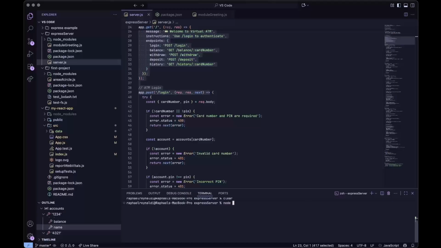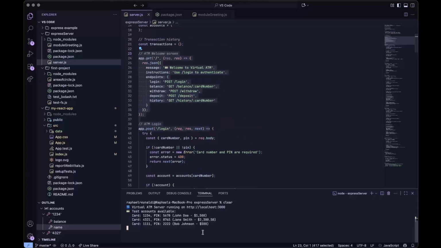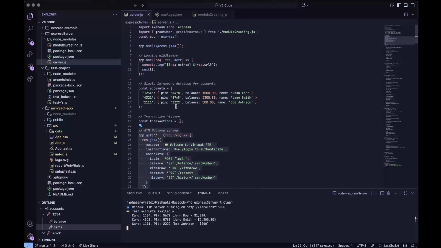We can just go ahead and initiate the server, or give life to it. For this example, I have some dummy variables, I call them accounts,